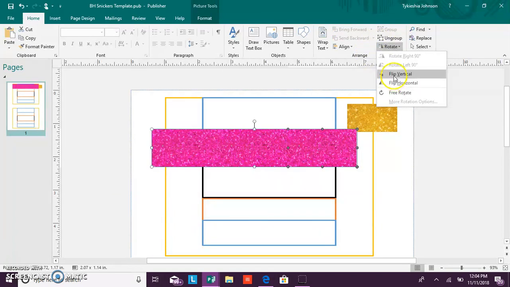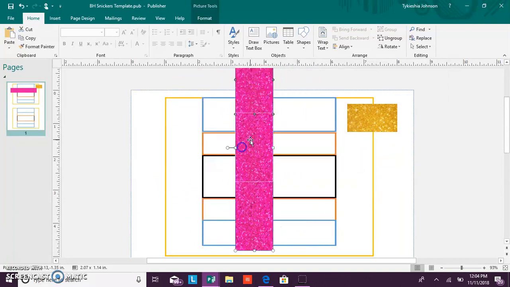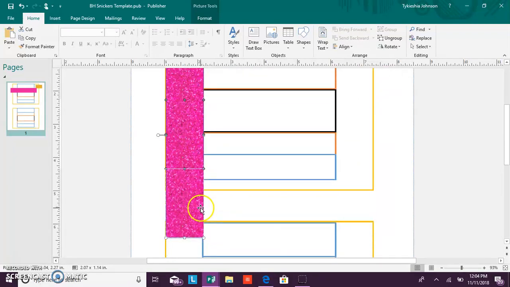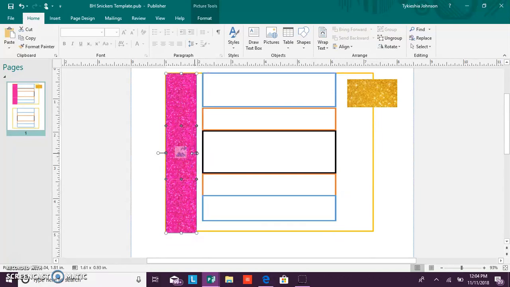And I will basically rotate this and set it on the edge of my sneaker. See, and then you can still make changes if you need. You can ungroup and make changes. And you do the same with your